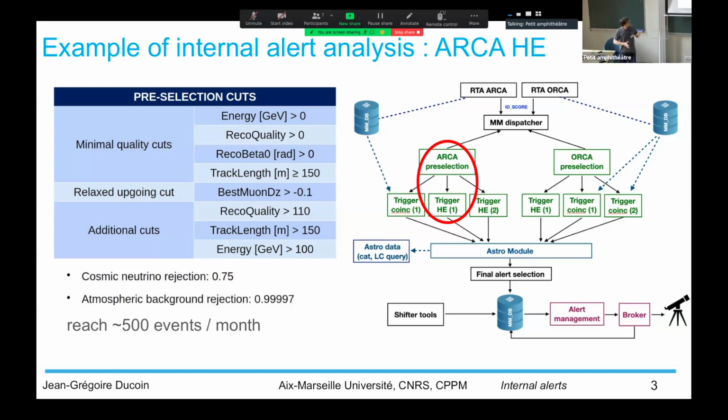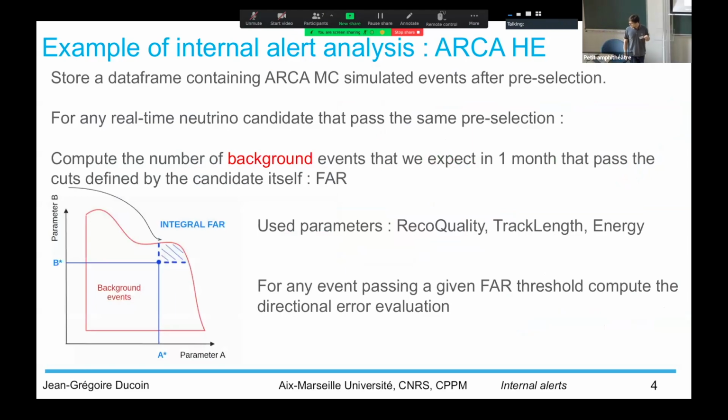So that's the pre-cut, and then among all these events, we need to go below that, because in the end we want to provide to the community a few candidates per month, something like that, on the scale of alerts per month. So it's just an example here of what we can do. You start with storing a data frame that contains ARCA Monte Carlo simulation of events after the same preselection, of course. And for any real-time neutrino candidate that passes this preselection, what you can do is to compute the number of background events in the Monte Carlo that